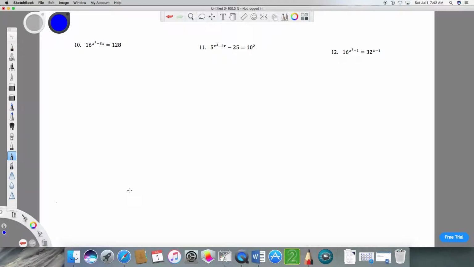The question is, and I don't see my calculator handy, how to rewrite 128. Do I want to write 128 as 2 raised to some power or as 4 raised to some power? And sometimes you can do both. I think that 2 raised to the 7th power is 128. So yes. On the left-hand side, I rewrite 16 as 2 to the 4th power,